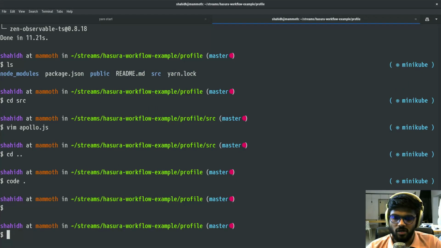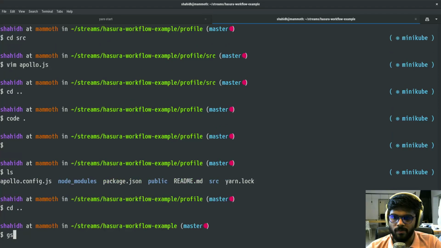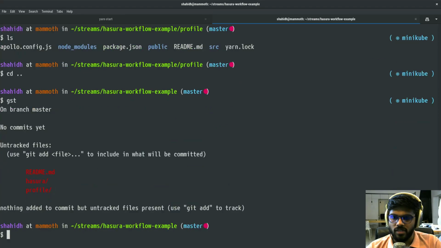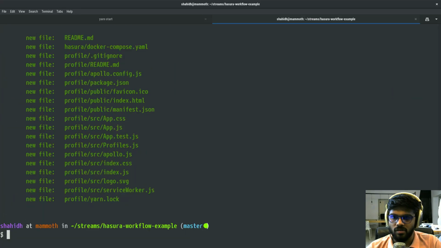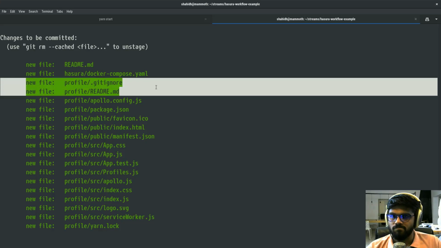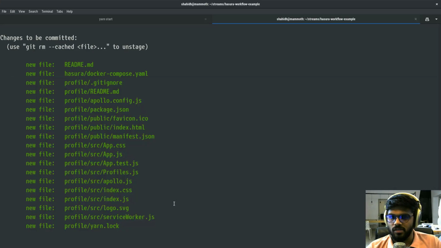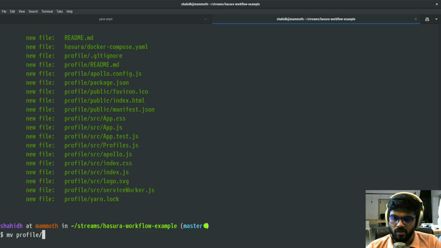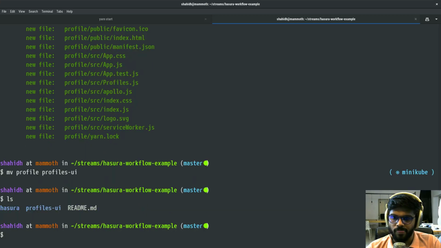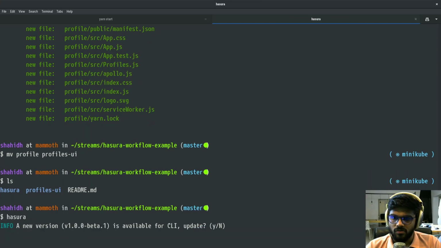So let's see how our repo is looking like right now. If I look at the status and add everything, I have a couple of files in my profile UI directory. I'm just gonna call it profiles UI, and I have Hasura directory. Now the moment I wanna version control everything, I wanna get all of them as migrations. So inside Hasura, okay,